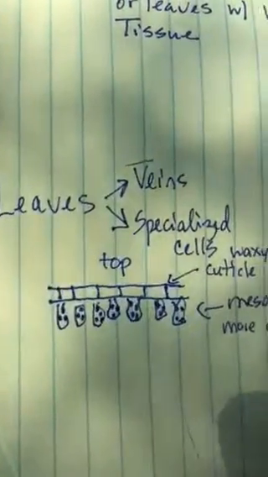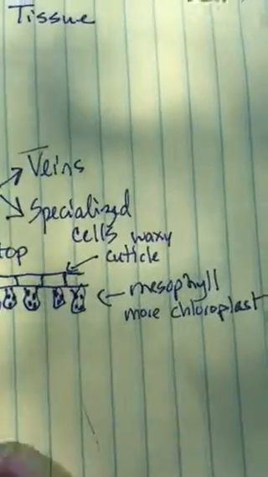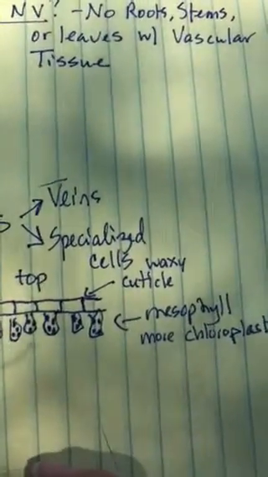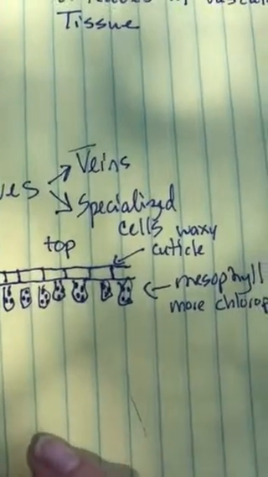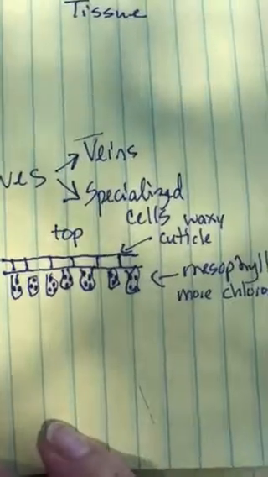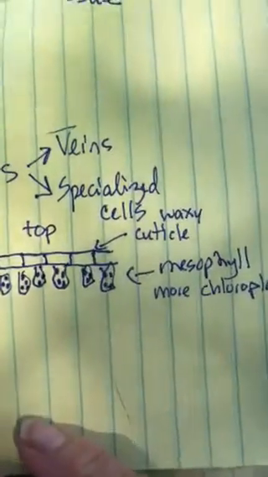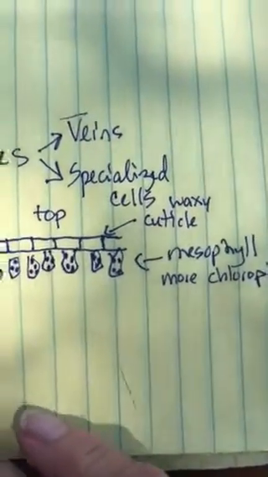Now, taking this class in AP or in college, you would learn that there's parenchyma and there's different types of spongy mesophyll cells, but you do not need to know that. You just need to know that on the top of the leaf, beneath the epidermis, there are cells that contain lots of chloroplast, and those cells are there so they can capture the sun's energy for photosynthesis. Next,